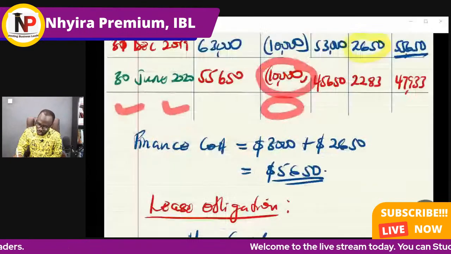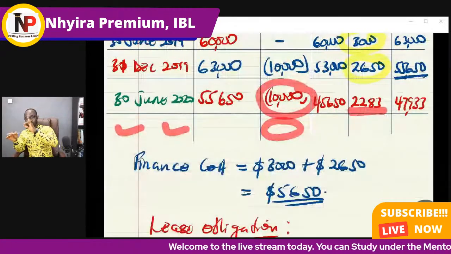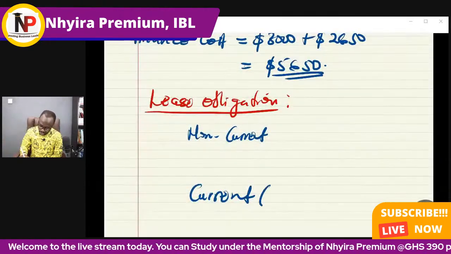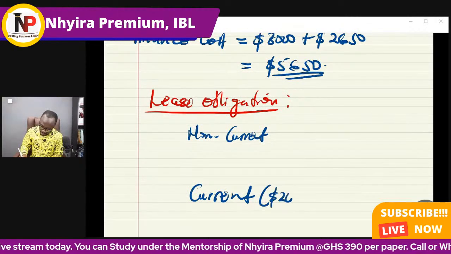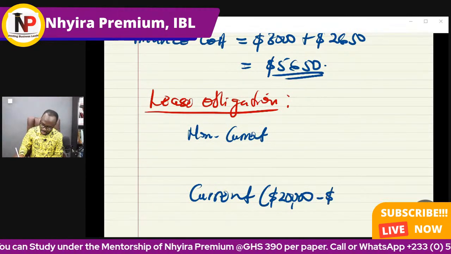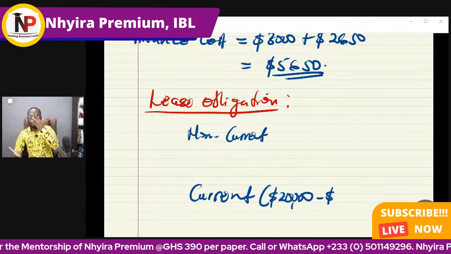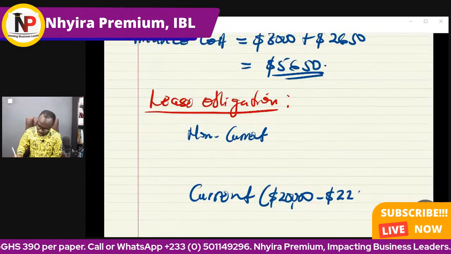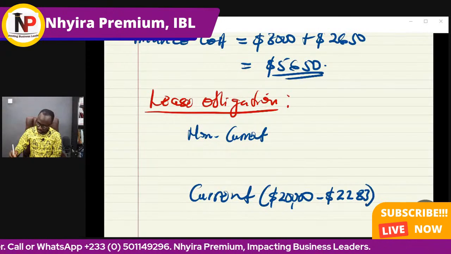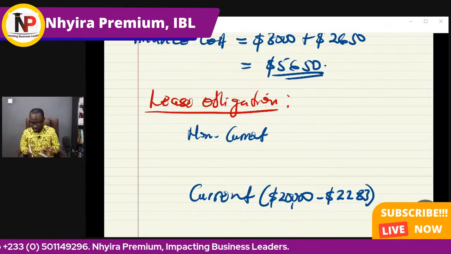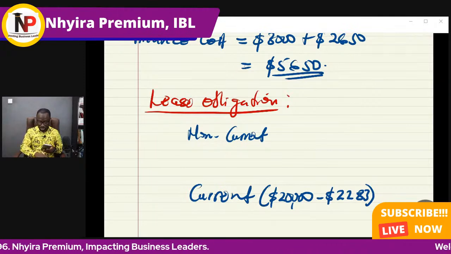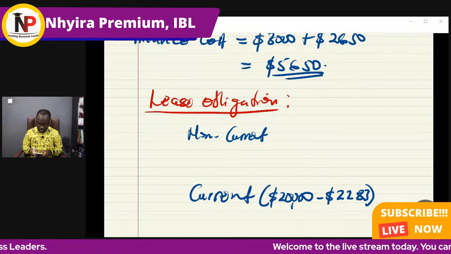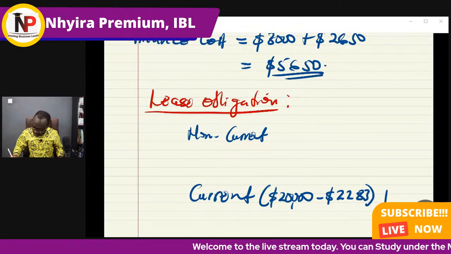Now that finance cost there is 2283. So the current component is going to be the lease payment for the next 1 year minus that immediate 6 months finance cost, which is 2283. So our current component becomes 20,000 minus 2283,